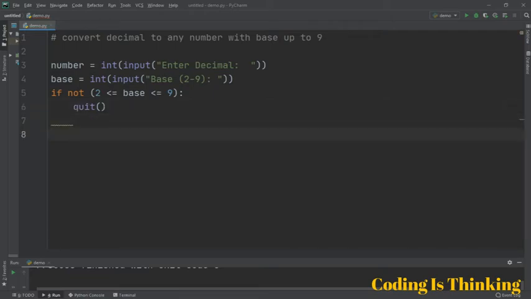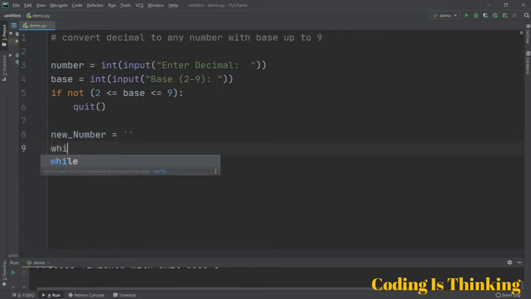So let's have a new number. A new number is an empty string. Let's use a while loop here. While number, the first number which the program takes from the user, while number is greater than 0,